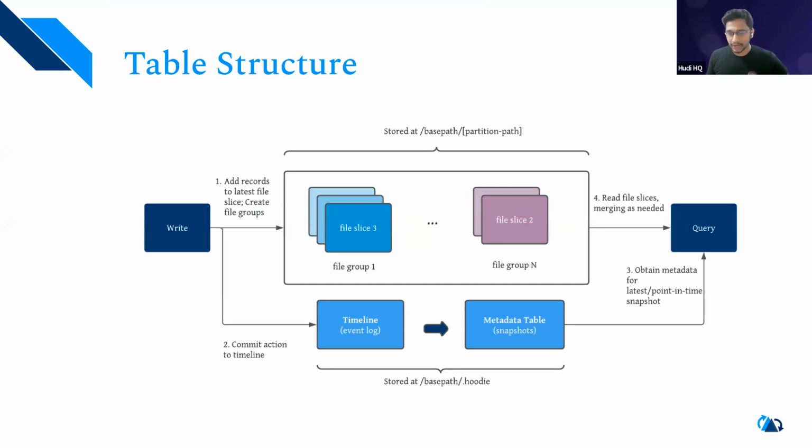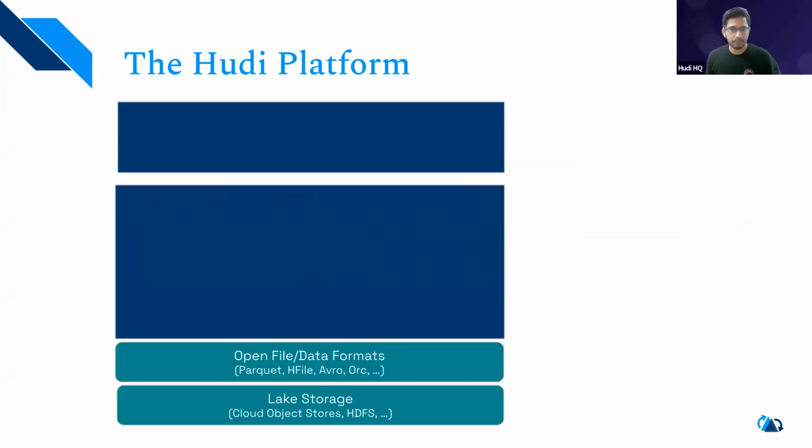Then we have an internal metadata table that holds auxiliary indexing, multi-model indexing, column stats, file listing, all these kinds of metadata around it. And the queries can read the metadata from the .hudi folders and then plan the query and then go to read the data. I'll skip over this for a little bit, but just to close this out,